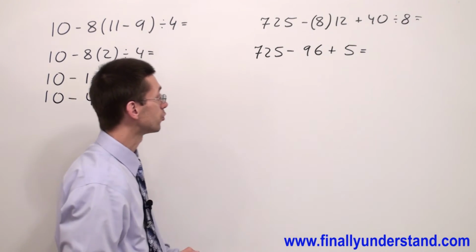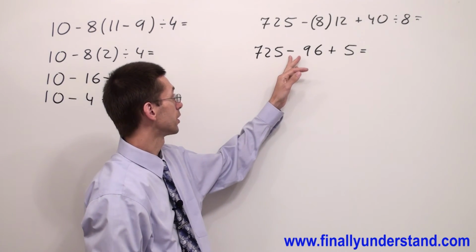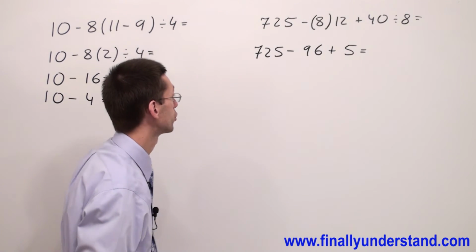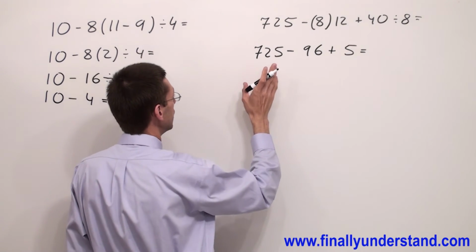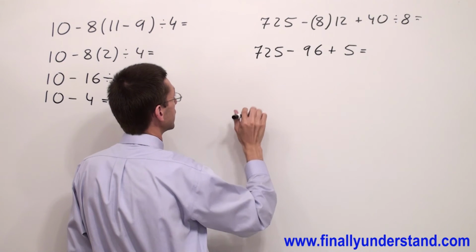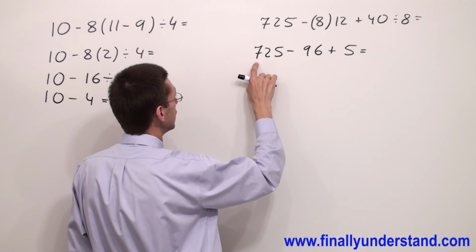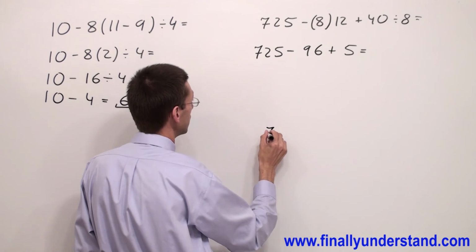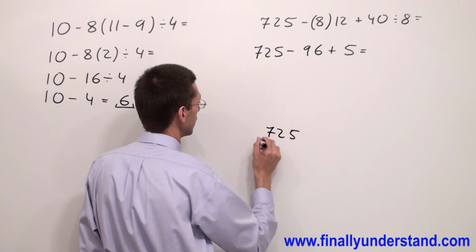Next, please realize that subtraction and addition are equally important. So we're supposed to perform the operations from left side to right side. I have 725 minus 96. This is 725 minus